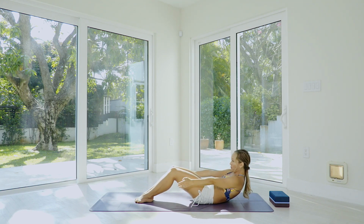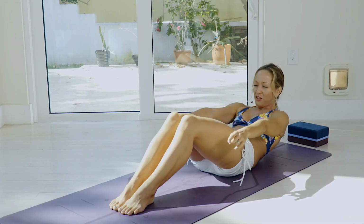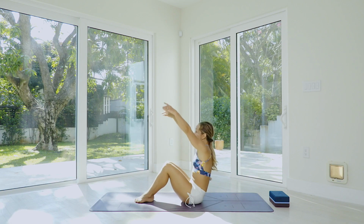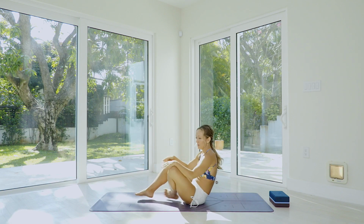Last one. 1, row the boat, row the canoe. 2, 3, belly in, push that lower back into the ground, belly in. 4, inhale, rise up, all the way up, and exhale, relax, bend your knees, shake it out for a moment,